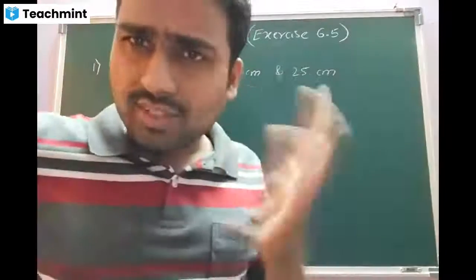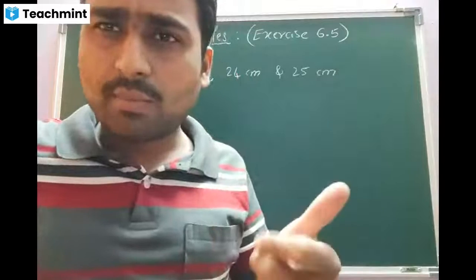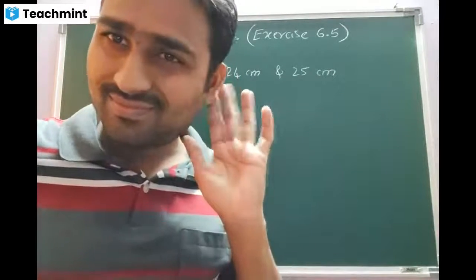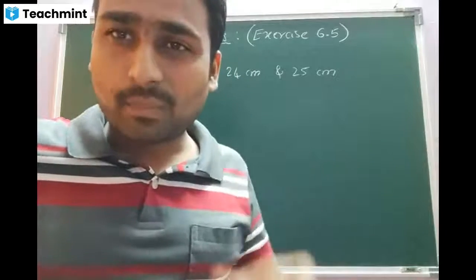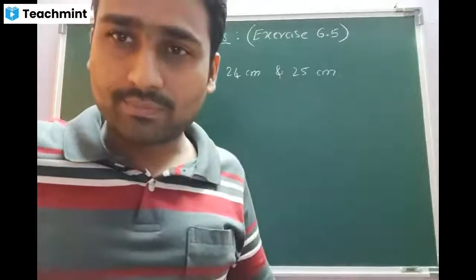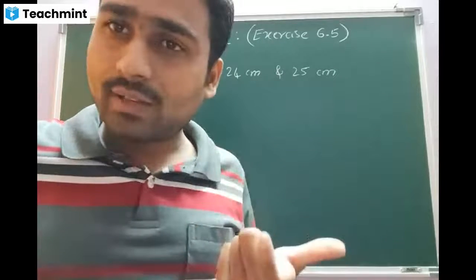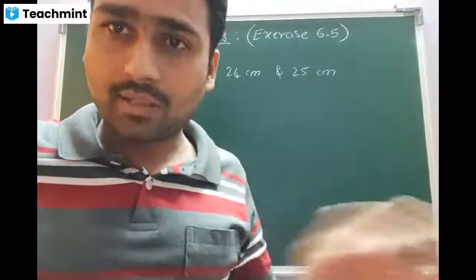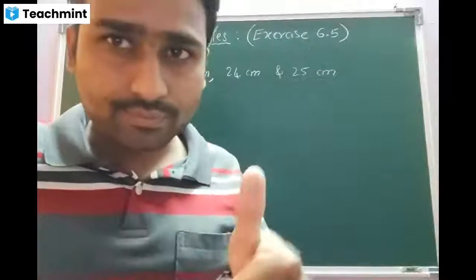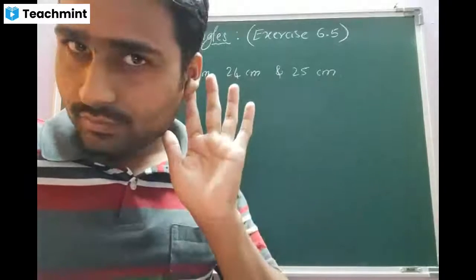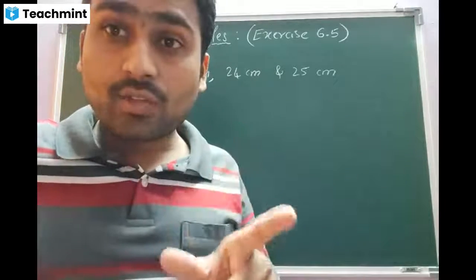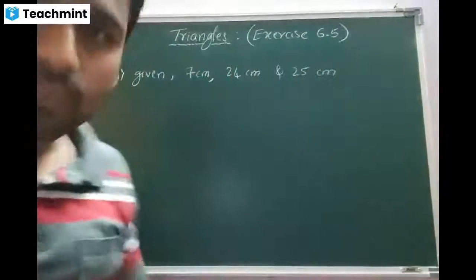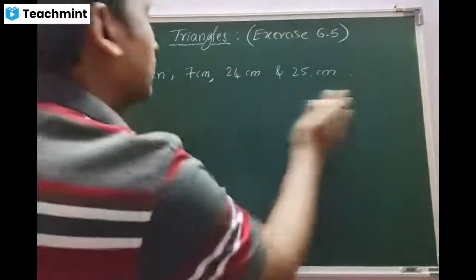Yes, sir. Means somewhat the concept of Zindabad and Murdabad. Correct? Yes, sir. It is nothing but based on converse of Pythagoras theorem, beta. You have to check square on one side whether it is equal to the sum of the squares on the two sides or not. If it is, Zindabad. If it is not, Murdabad. Got it? Yes, sir. So straight away, we are using the converse of the Pythagoras theorem in the first main. Is that clear, beta? Yes, sir.